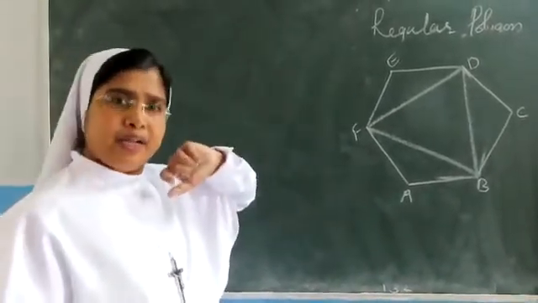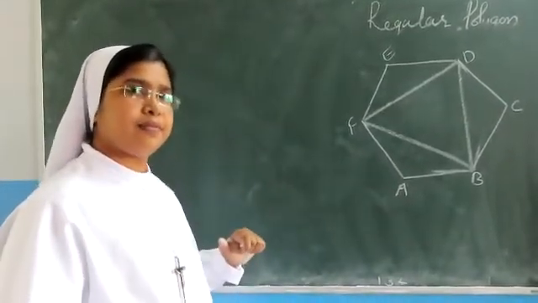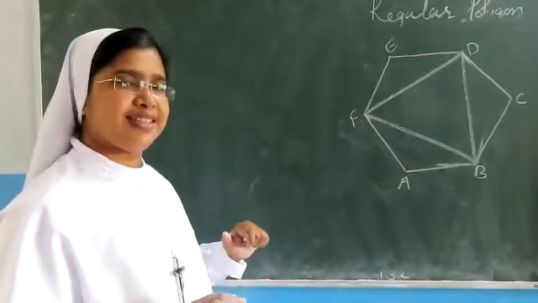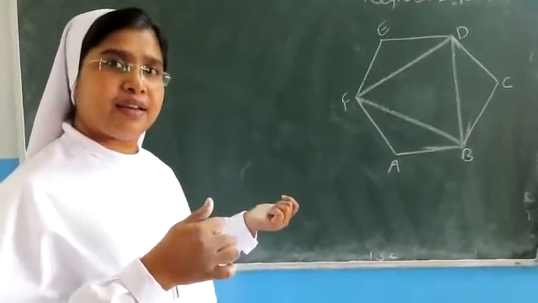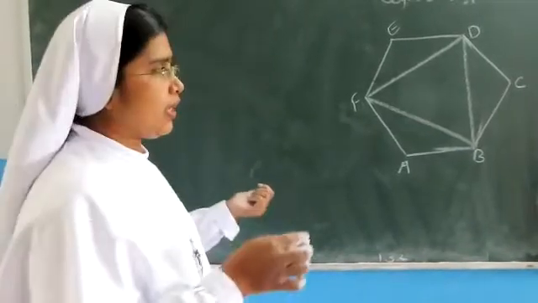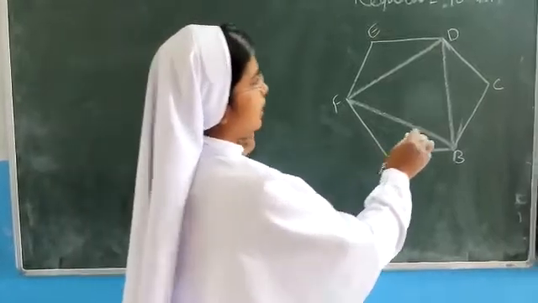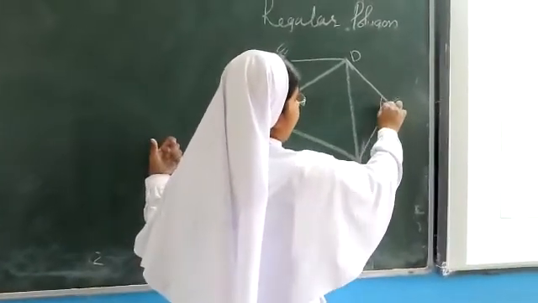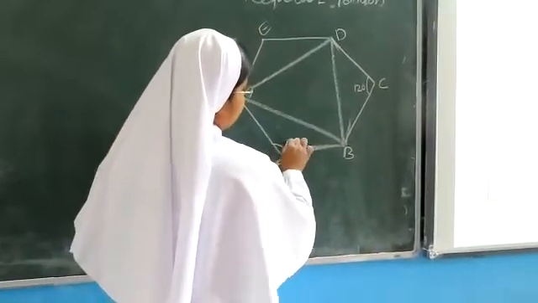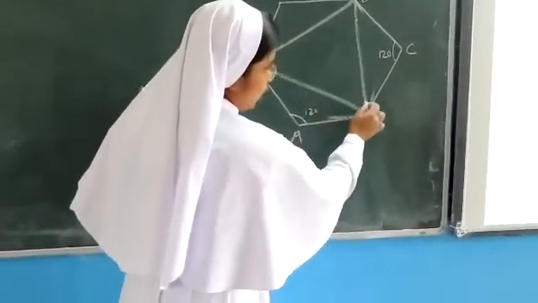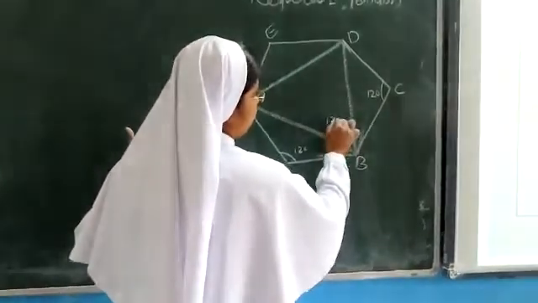It is a regular hexagon. What is the sum of the angles of a regular hexagon? 720. Okay, what will be one angle then? 120. I am not going to write this, the previous problem we have done. So each angle will be 120 each. Is it clear? All the angles. Here also it is 120. Okay, I am not going to write. It's okay, I will write 120.